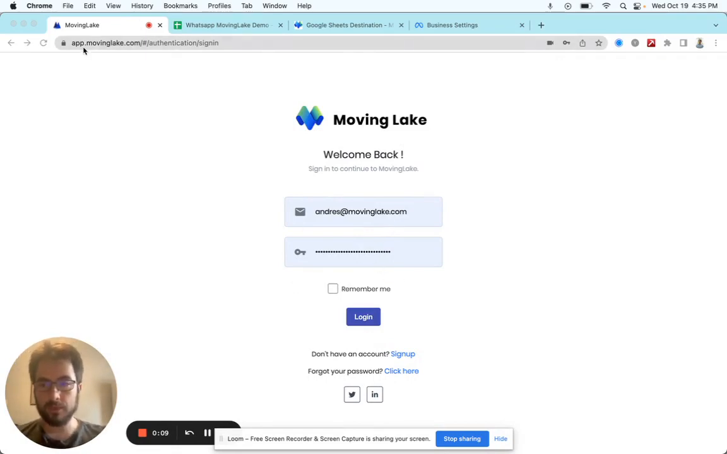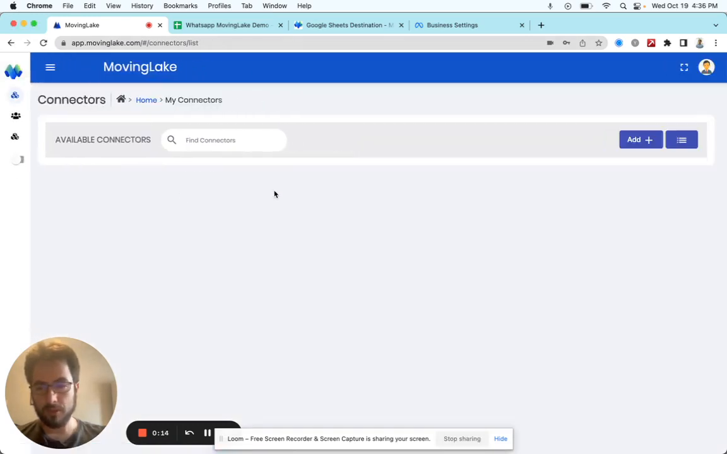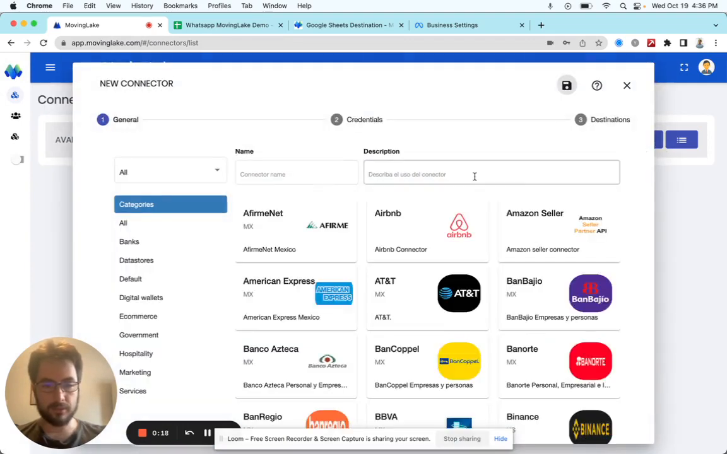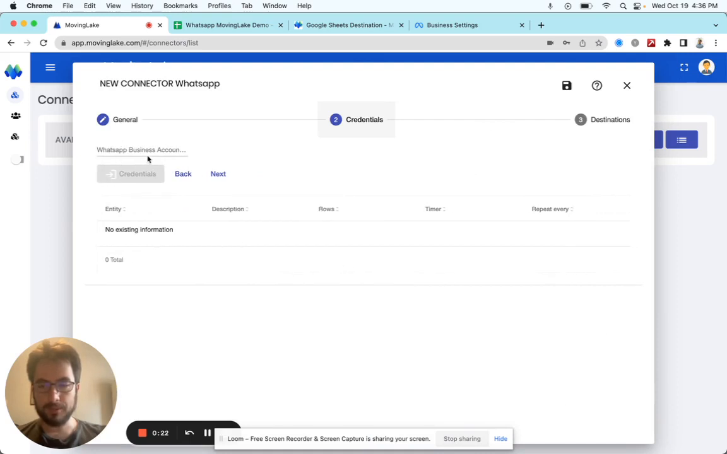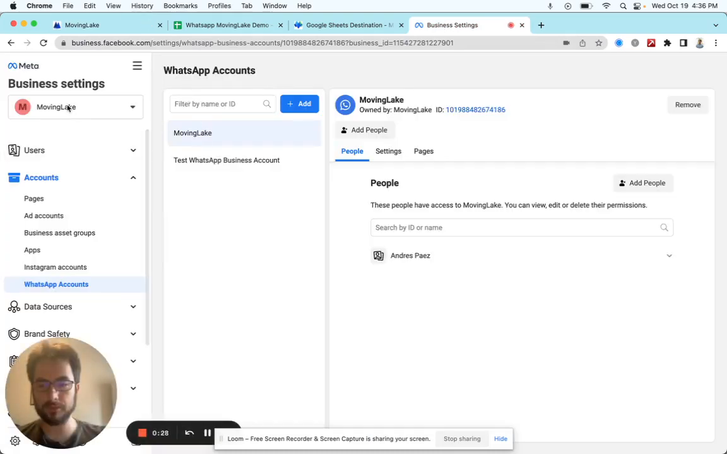So if you head over to app.movinglake.com and log in or create a new user, we can get started. It's basically as easy as hitting the add button, scrolling down to WhatsApp, and then putting in your WhatsApp business account ID. You can find this information in your business.facebook.com account. If you go to WhatsApp accounts, select the one you want, and then you can see your business account ID